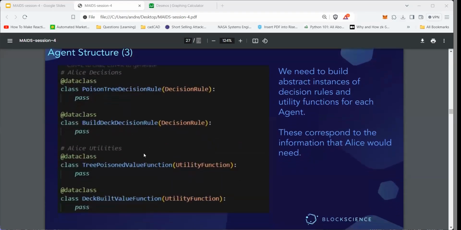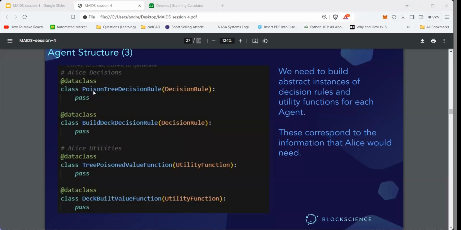So what this creates a need for is more indirection. There's this saying in computer science: there's no problem you can't solve with enough indirection, except having too much indirection. And we need specific decision rules that will be for specific agents. Now, we are currently high-level agnostic as to what the actual decision rules are. What we're doing right at this moment is just a mechanical diagram that says there needs to be an engine here.